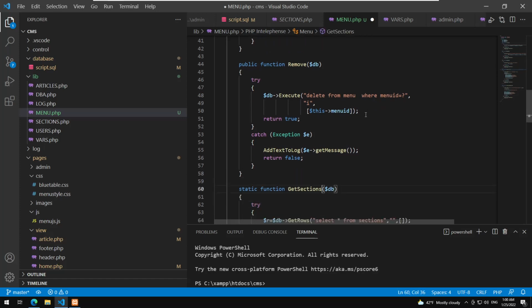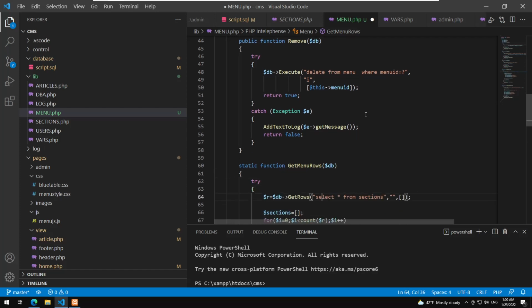Get menu rows, and actually it's very straightforward. So select star from menu, order by menu order. And the reason we are sorting by this is because we want the values to be displayed based on the order. We don't want to sort them manually. Okay, so here menu